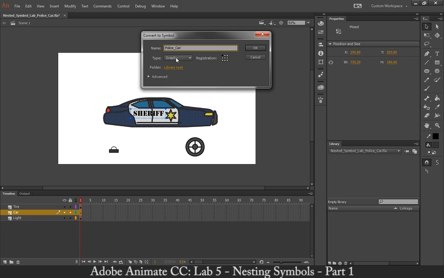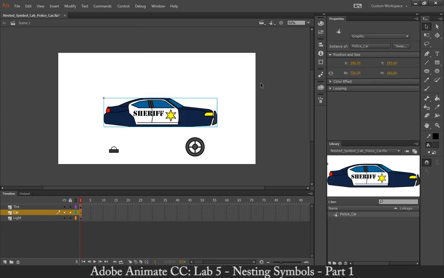And it's a graphic symbol. Change the type to graphic. This is very important that you remember to make sure this is a graphic. Otherwise, you're going to be pulling your hair out later, wondering why it isn't animating on the stage, and it more than likely will be because you kept it as a movie clip. So make sure you change this to graphic. Now go ahead and click OK, and now you'll see you have your graphic symbol located right down here, and